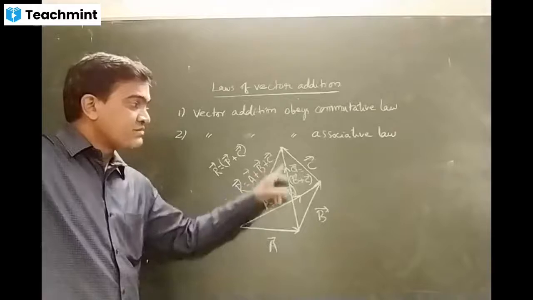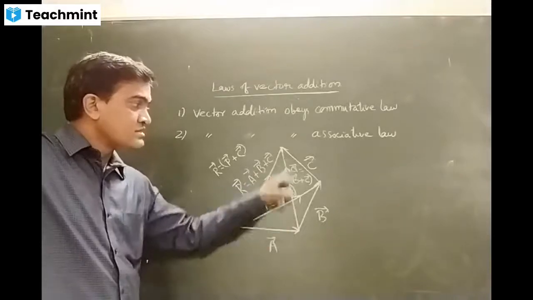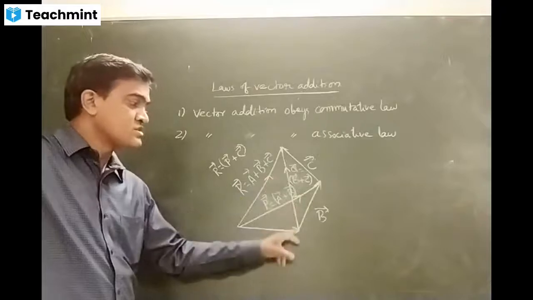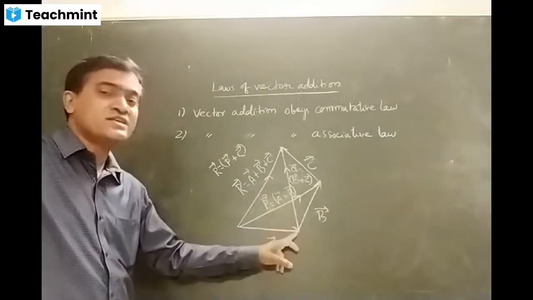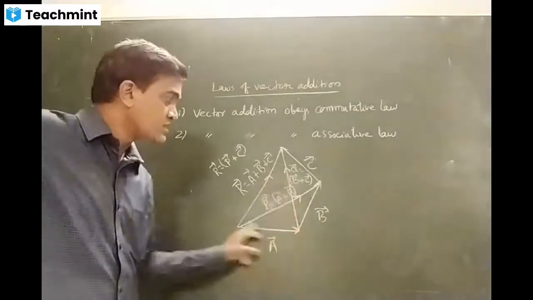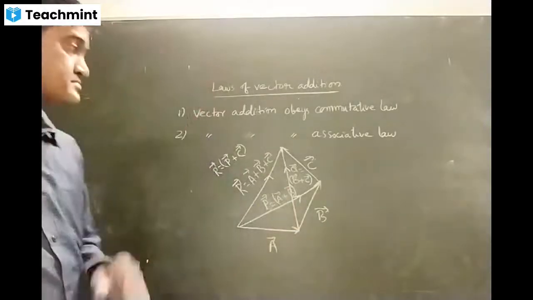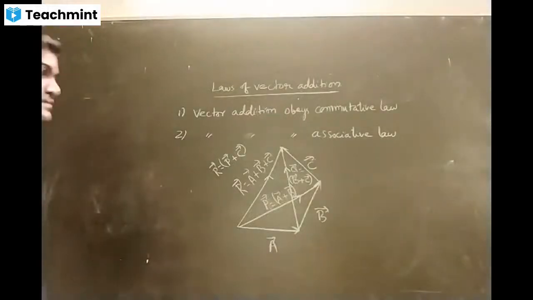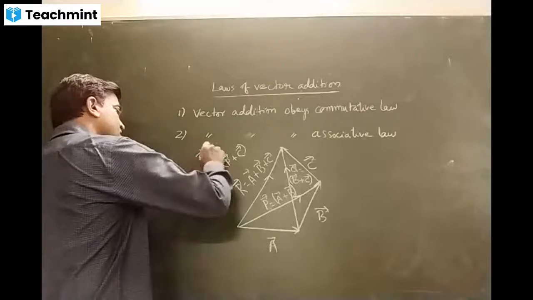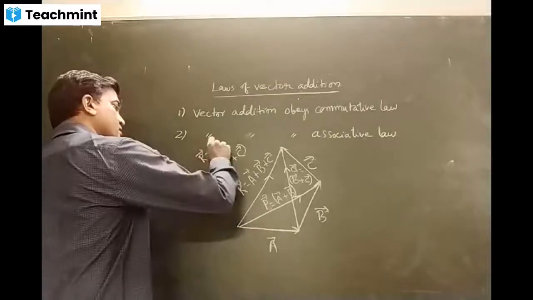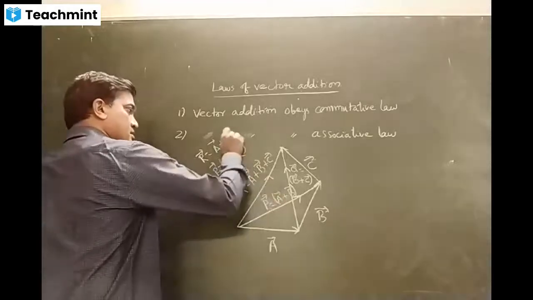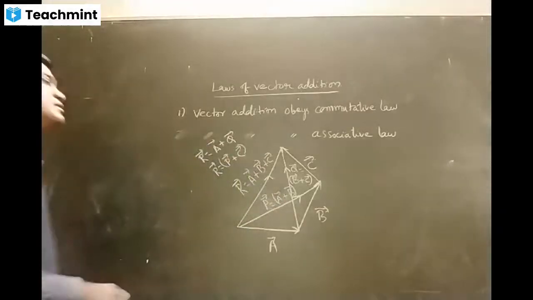Second vector is Q bar, which is equal to B bar plus C bar. And adding this second vector such that the tail of the second vector is coinciding with the head of the first vector A bar, for these two, what is the resultant? R bar. So can I write R bar this time as first vector A bar plus C bar, because Q bar is equal to B bar plus C bar?